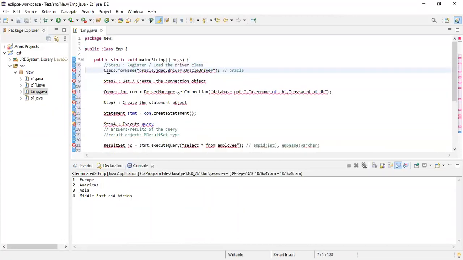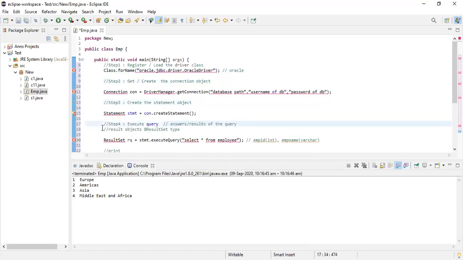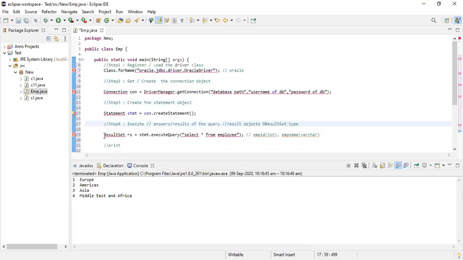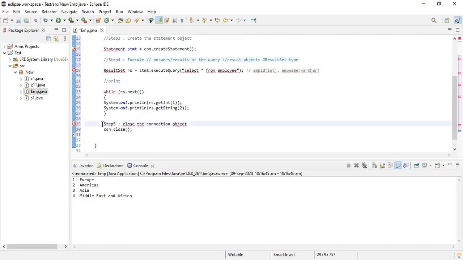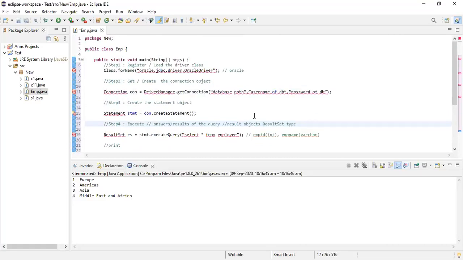Step 1, step 2, step 3, step 4. Okay, print. Step 5. Okay, just a minute. Now a few things are needed. Errors are coming up.